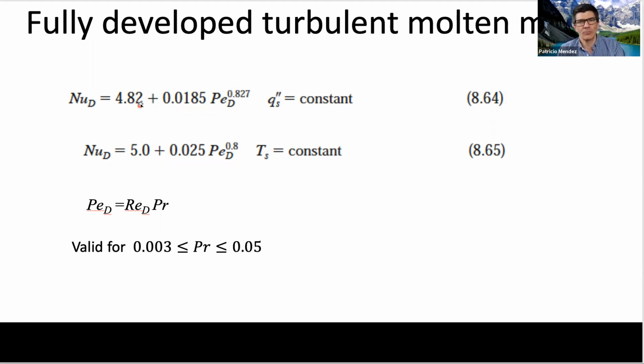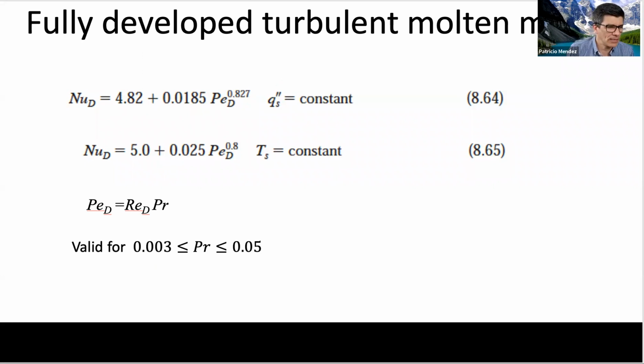Because if oil is not moving, it's really not transporting heat. But if a metal is not moving, it's still transporting quite a bit of heat by conduction. That's what I think is going on in these formulas. In any case, this conversation is so you have a sense of where it comes from. In the end, all we do is plug and chug, get a Nusselt number, and from Nusselt, we get a